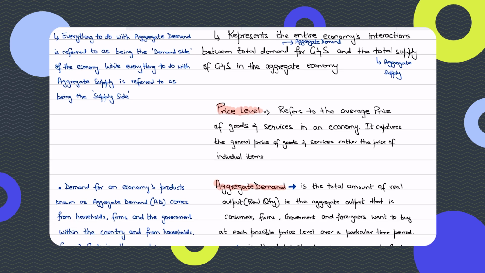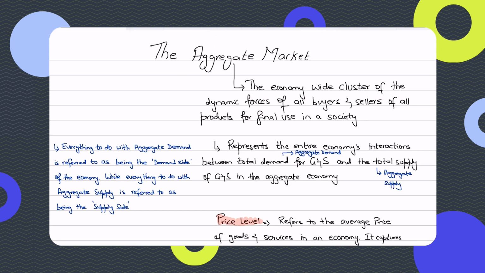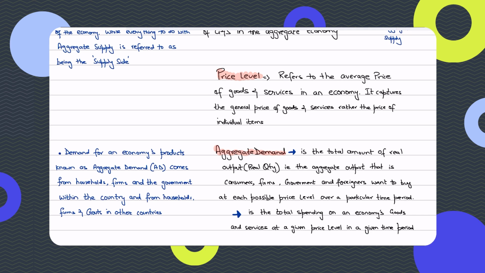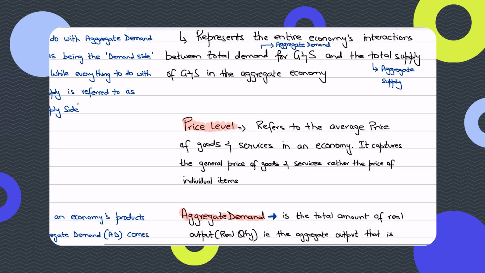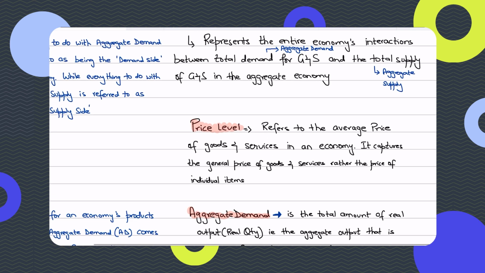So in the aggregate market, we have already discussed real GDP in the previous video as well. You're already aware what real GDP is, right? That is what real output is. And a couple of things that we also need to know is that, when we're discussing individual markets or